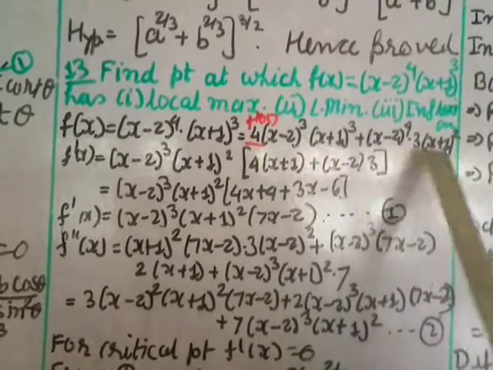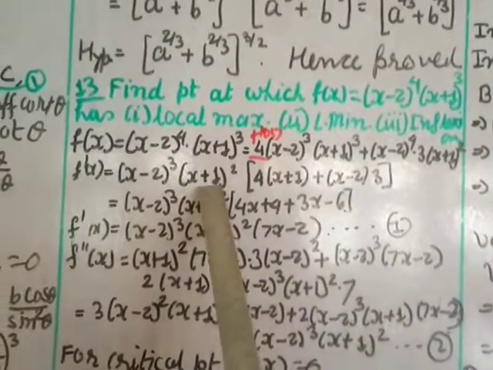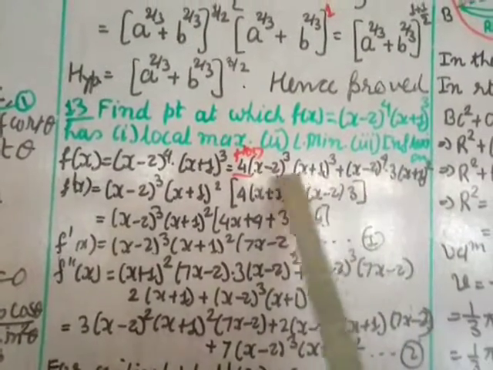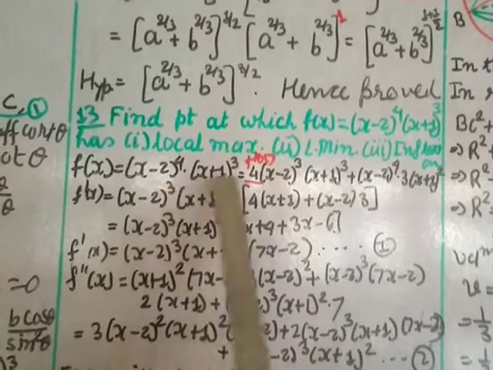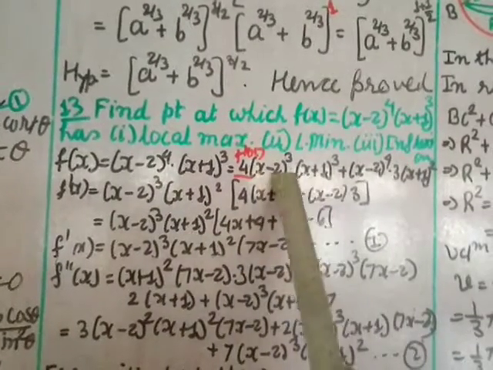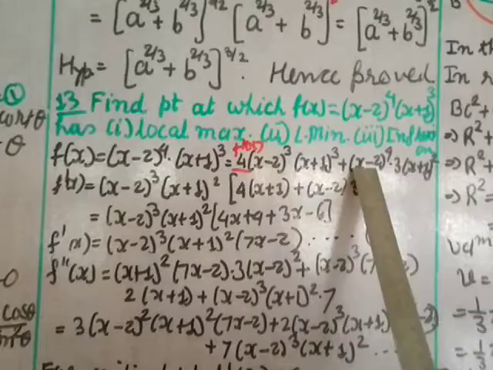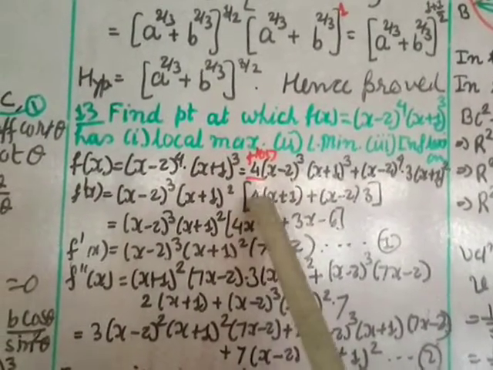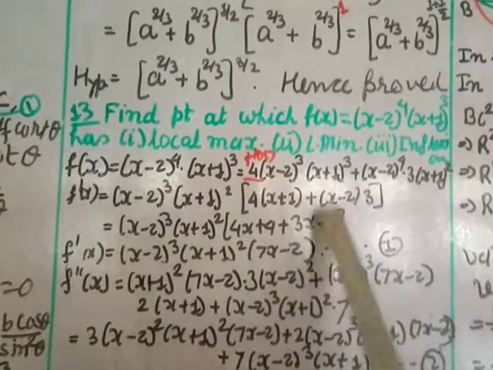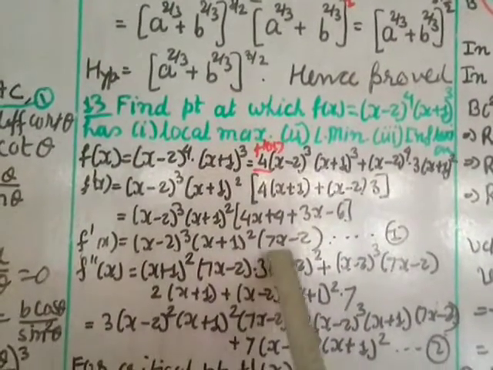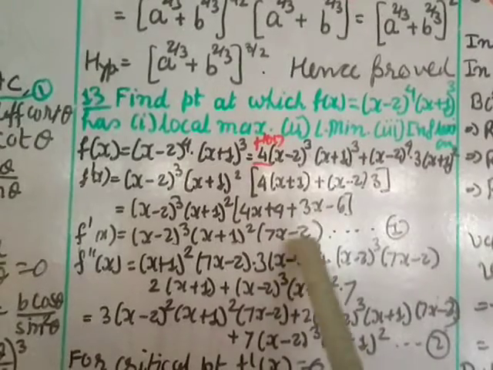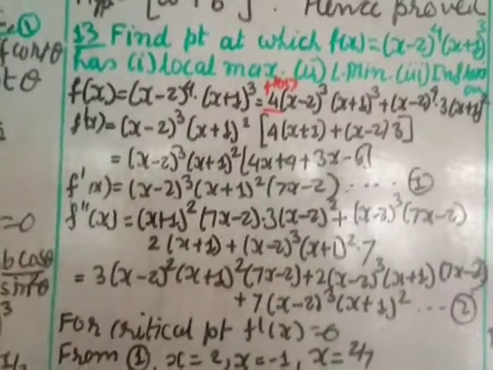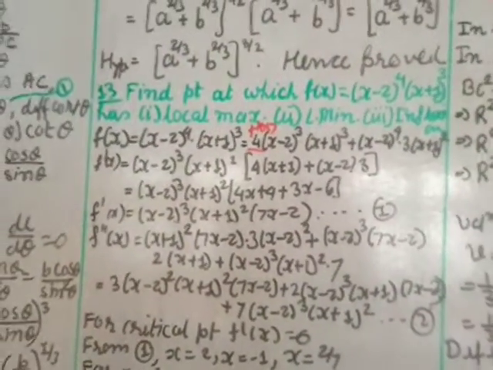See here (x plus 1) power 3, (x plus 1) power 2, so (x plus 1) power 2 take common. Here (x minus 2) power 3, here (x minus 2) power 4, so (x minus 2) power 3 you can take common. So what remains here, 4, here this is all taken, here remains x plus 1 plus, here remains x minus 2, here remains 3. Now just open the bracket, so 4x, 4, 3x minus 6. This to simplify, this remains as it is. So here comes 4 plus 3, 7x minus 6 plus 4 is minus 2. Call it number 1.